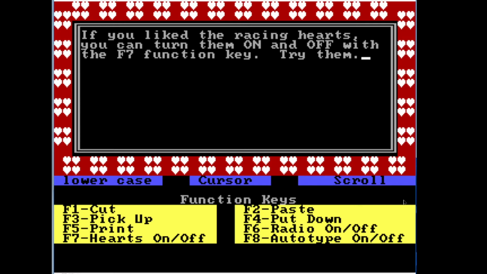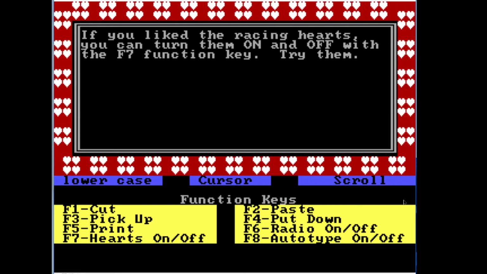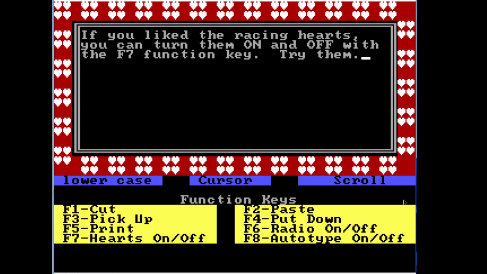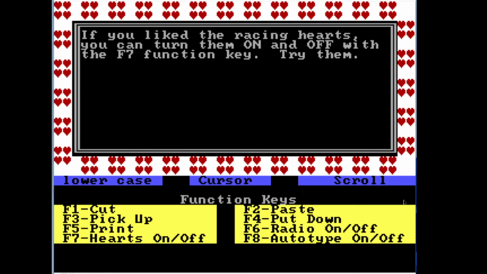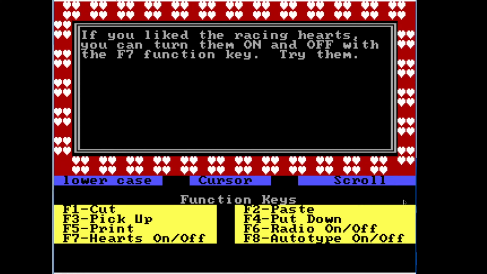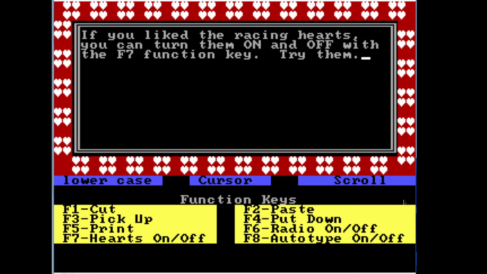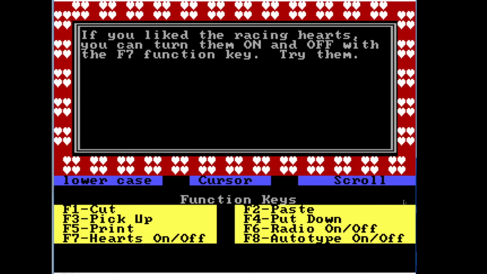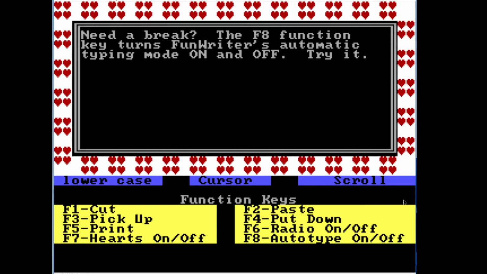If you like the racing hearts, you can turn them on and off. And then, of course, you've got the auto writer, which writes a story about